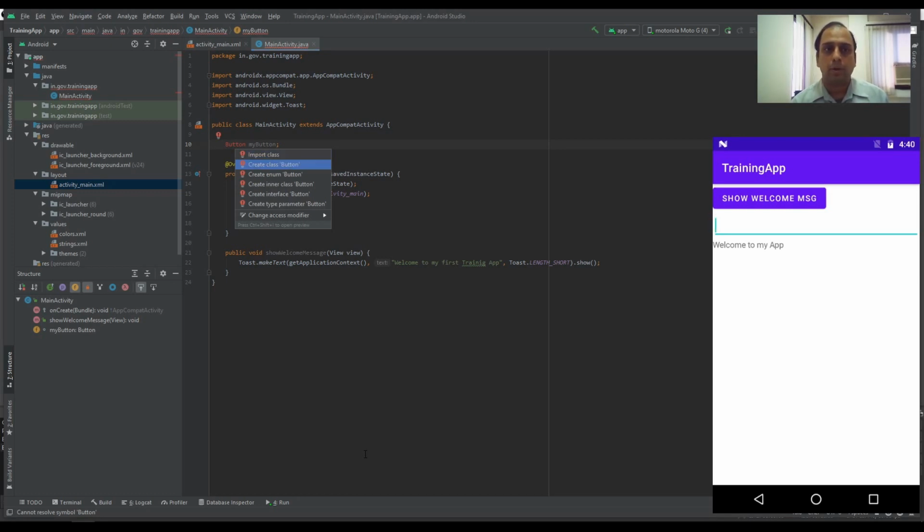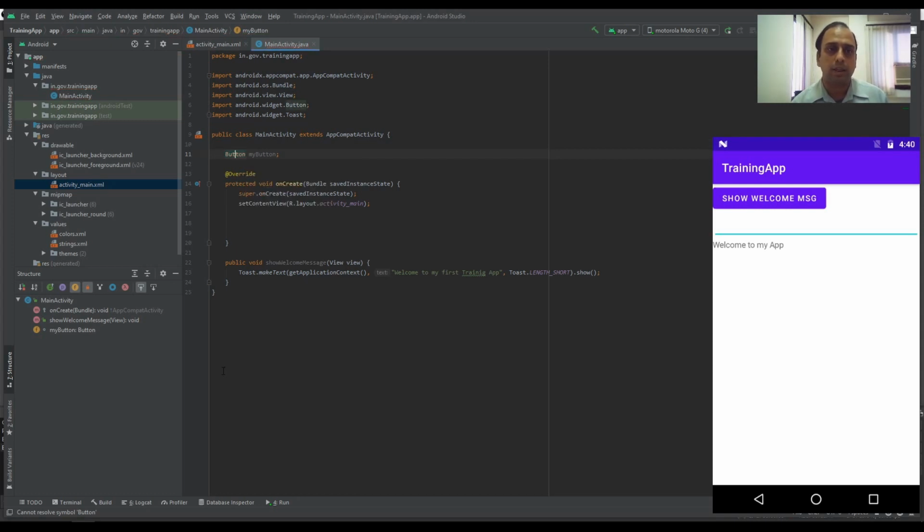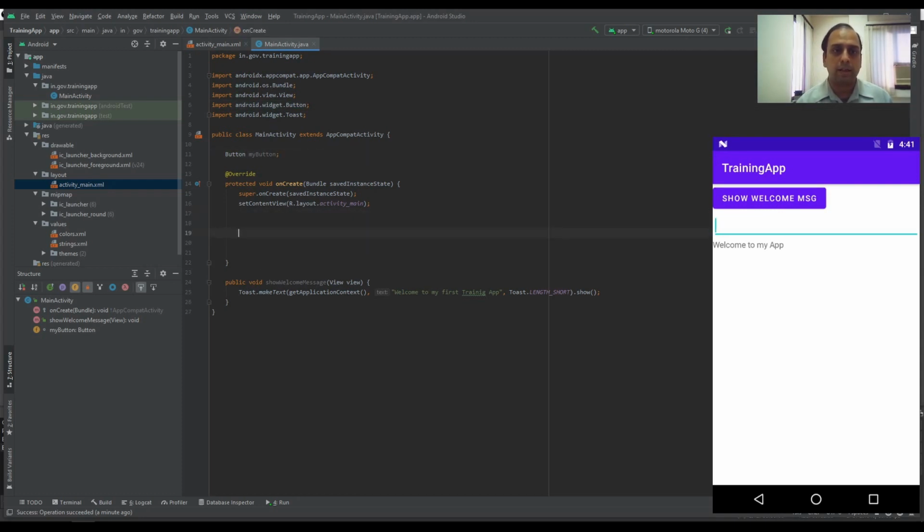You can also create a class from scratch, but right now we need the class which already exists. So just click import class. It will import android.widget.Button. Okay, and when the activity is created, I will fetch the button and store that inside the variable.